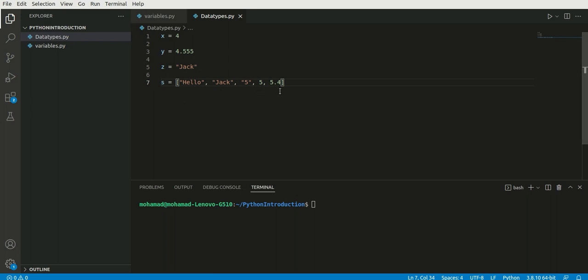Okay, this is a list containing different kinds of data types,